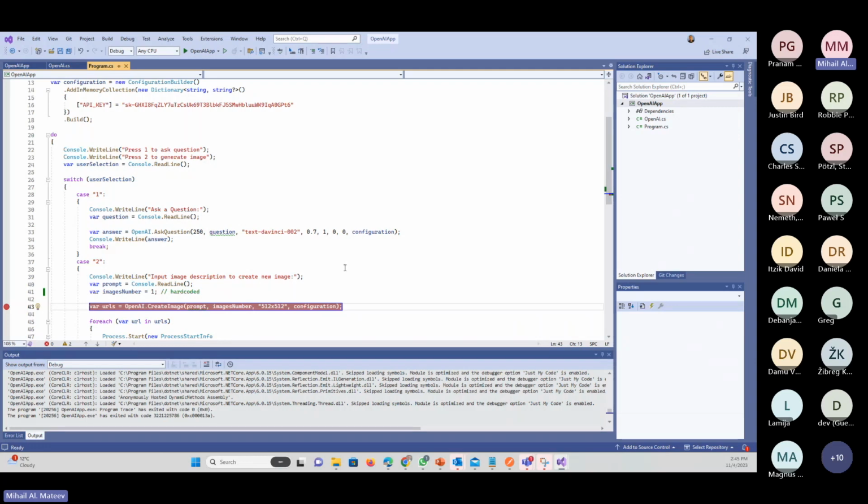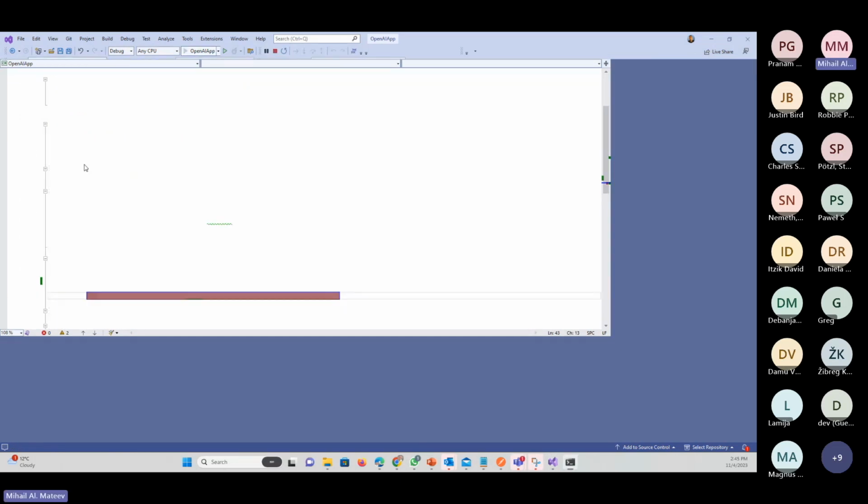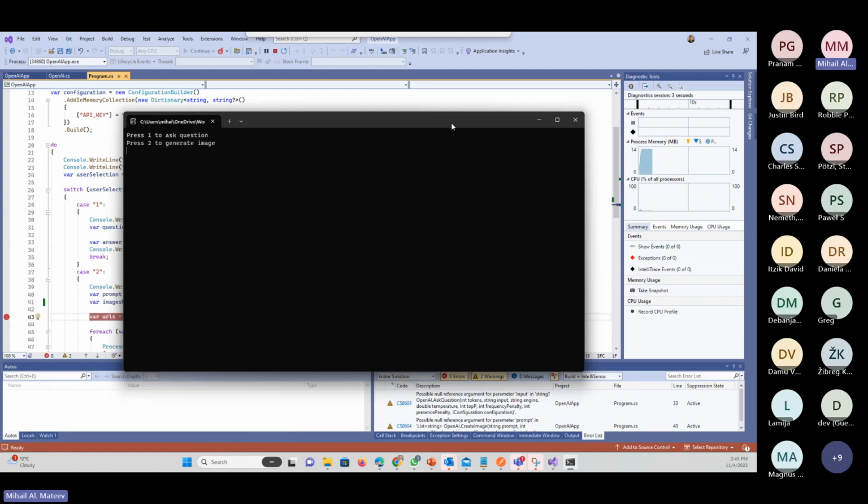What is the difference? You will be able to add, of course, a lot of additional logic here if you want, and to call this application deployed somewhere via an endpoint from Power Automate or from a different client. So using, for example, this sample, I can say something different. For example,